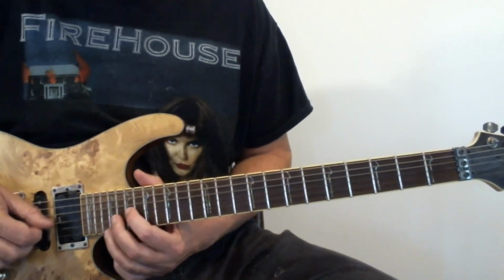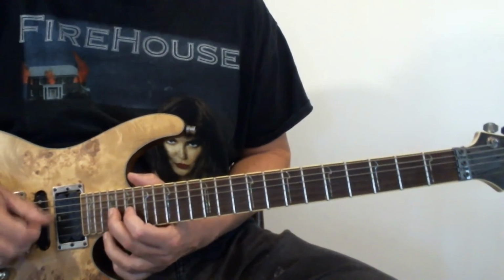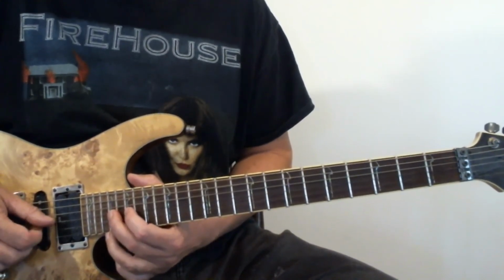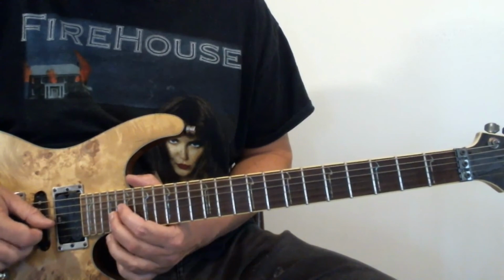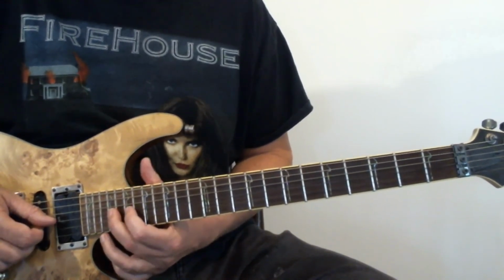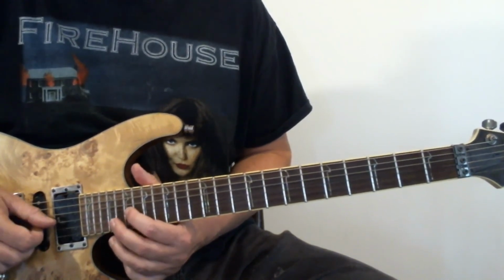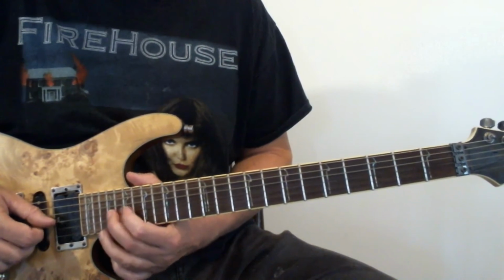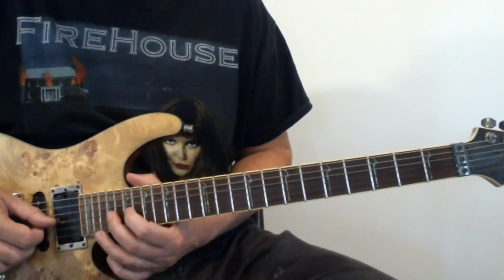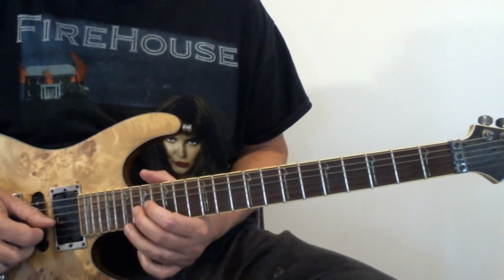back to 19, 21, and then it's bend, 21st fret, mute, 21, 19, and it's all vibrato, so 2 19s, and on the last chord the 18th